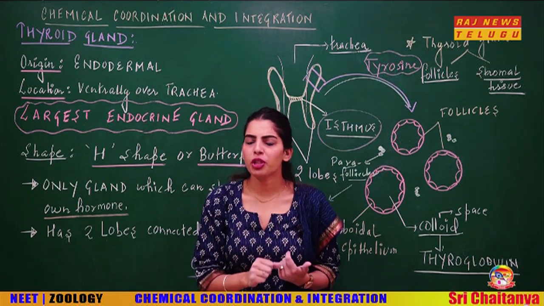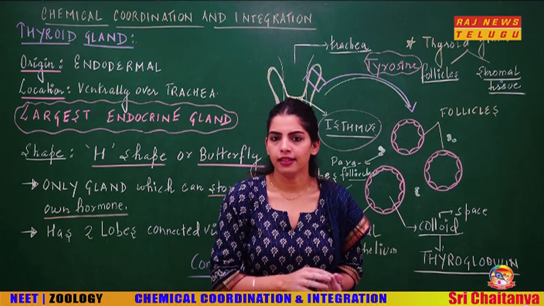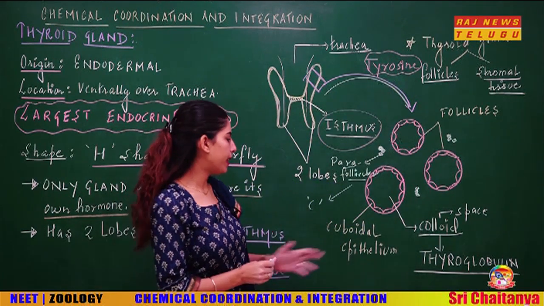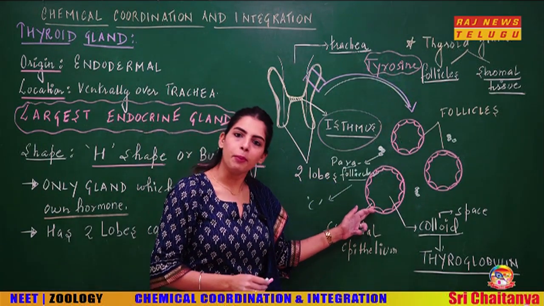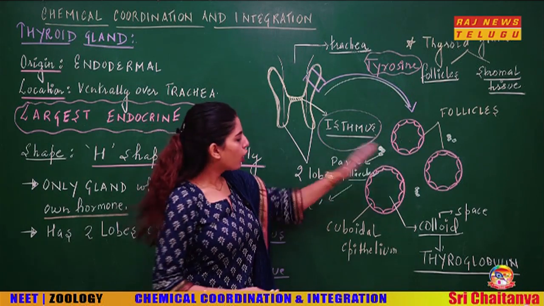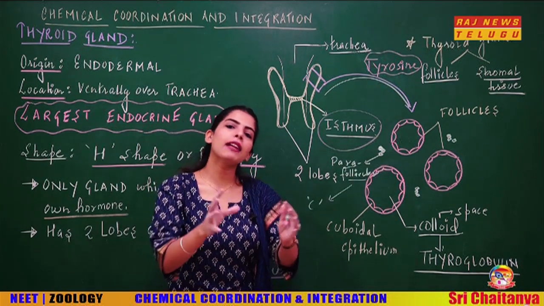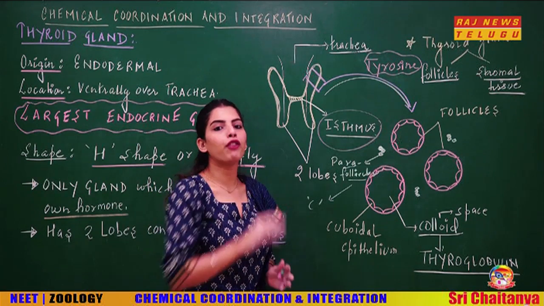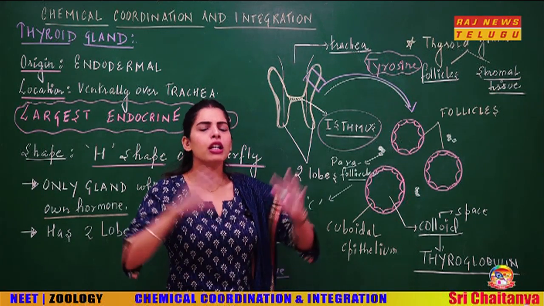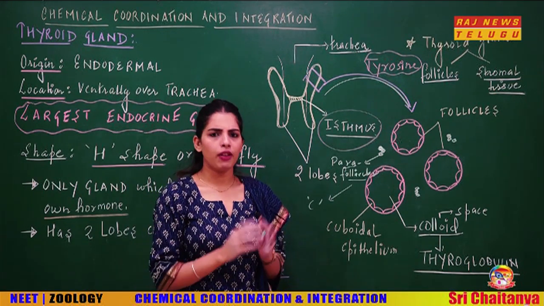But that iodine, which is trapped as iodide ion, is trapped with the help of this epithelium. Once it is trapped, it goes inside this and will form the T3 and T4. That is the thyroid hormone, maintaining all the functions that we will discuss.